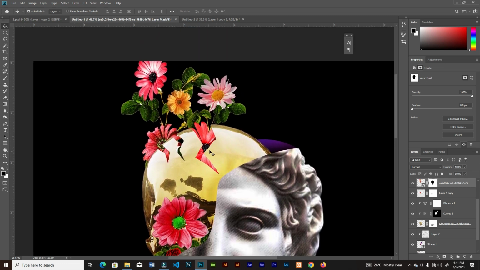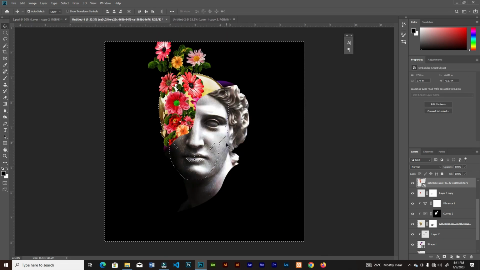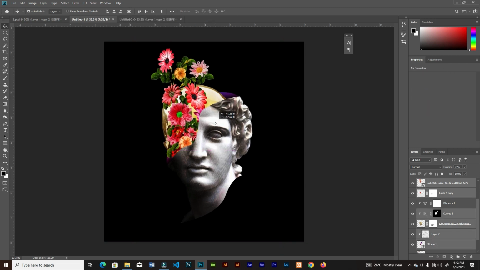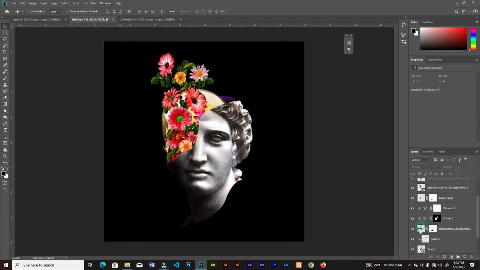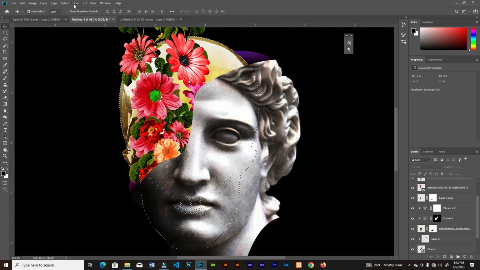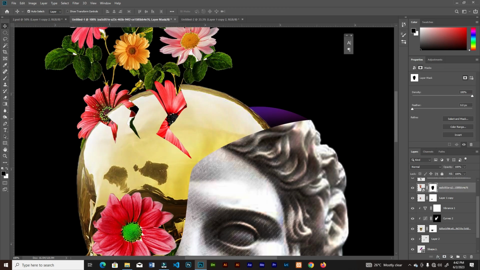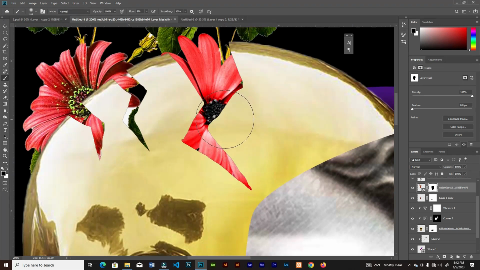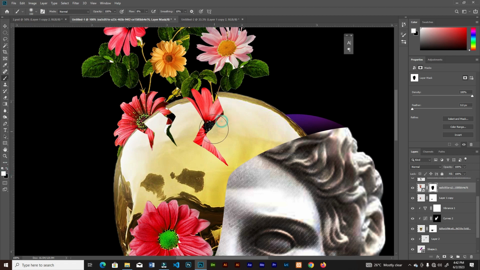But the top of that flower is not showing, so I'll go back and bring it to the center and then repeat the same process. Okay, so there we go. And I'll grab the brush tool, make sure white is on top, increase the flow, and then increase the hardness, and then brush the areas to make it look like it's coming out of the broken areas,